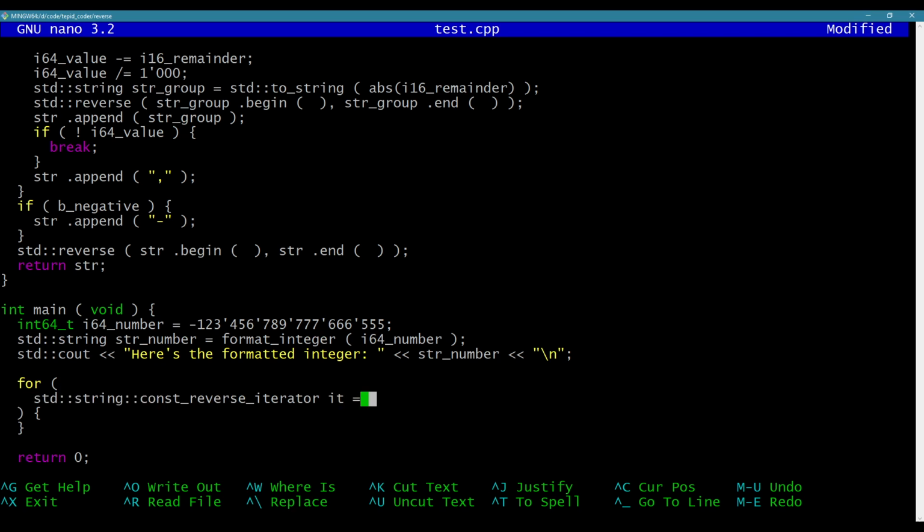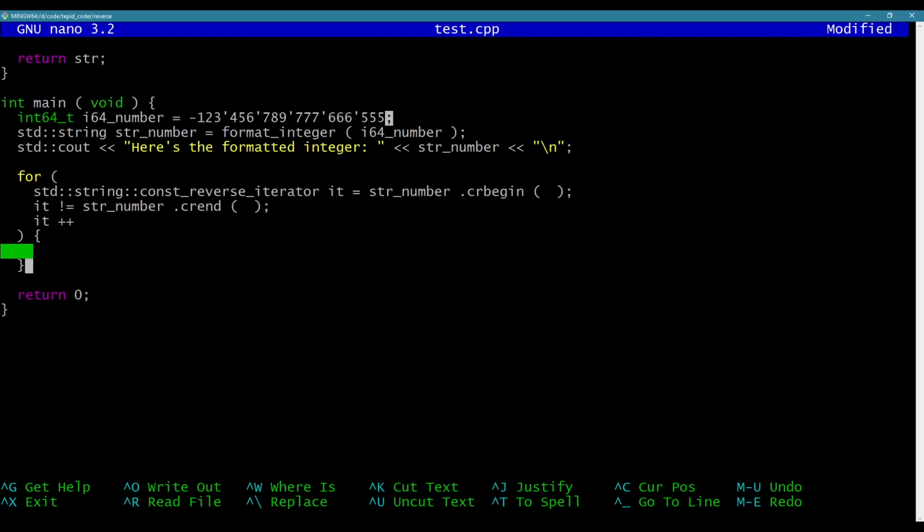Okay, it equals stir number dot cr begin. So constant reverse begin. It does not equal stir number dot cr end. Okay, it plus plus, which is kind of weird when you think about it. You think you'd be doing minus minus or something because you're going backwards, but you're moving ahead to the next element in reverse. So standard cout